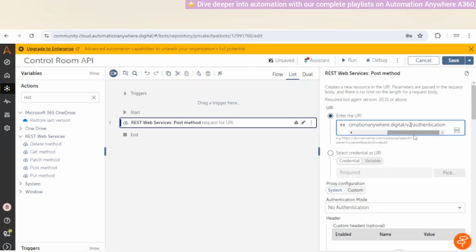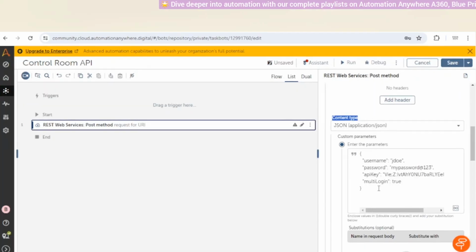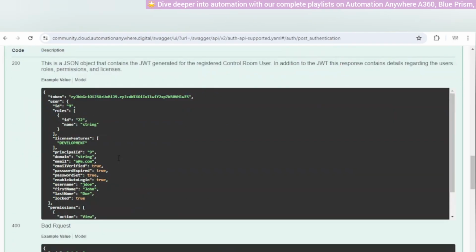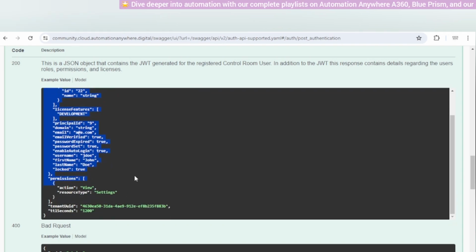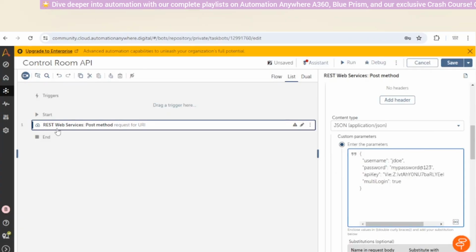We can use v1 also. And here the content type will be JSON, because we will get the response in JSON, and this is the response which we will get. See guys, this is a very complex response. It contains a JSON object, then an array. So it will be challenging to get the value of these elements from this. For that you can watch our JSON videos.